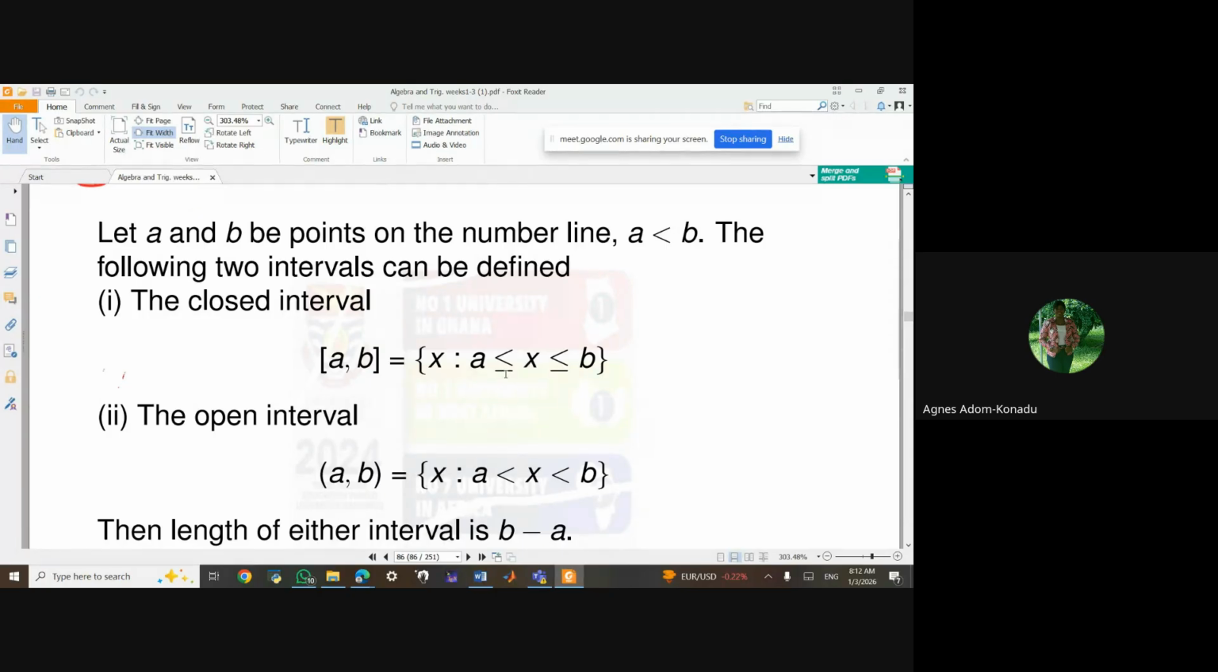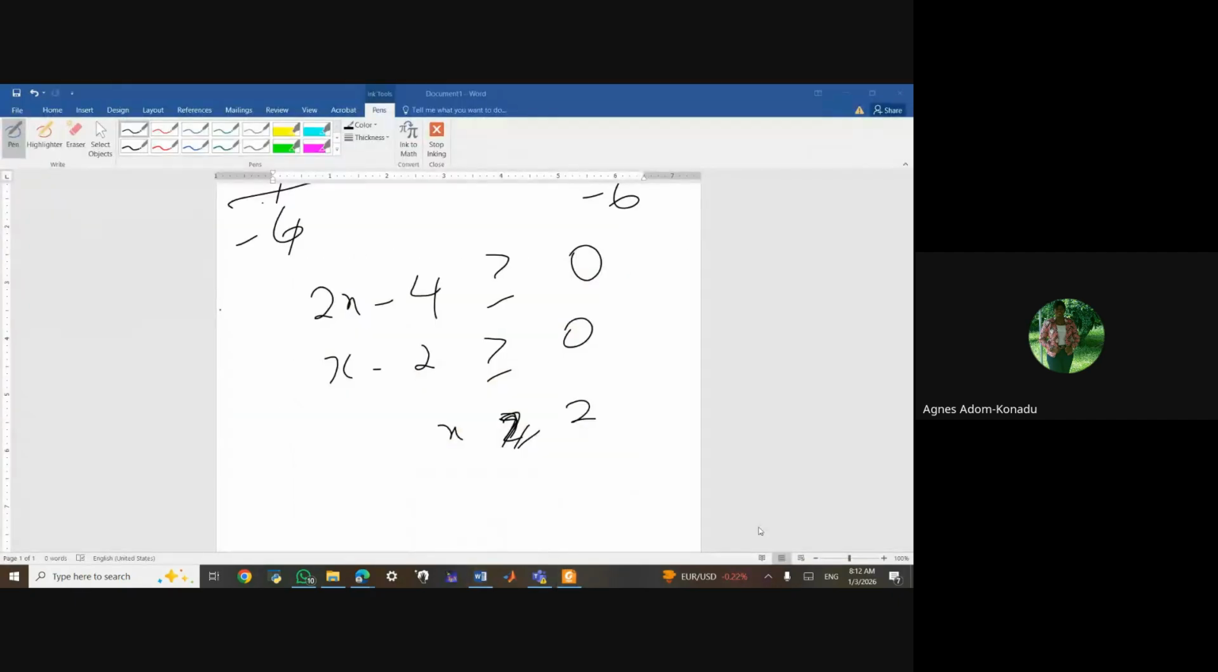x is greater than or equal to A, and then x is less than or equal to B. This means that when I take this interval, my A is part of what I'm looking for. My B is also part of what I'm looking for. And numbers greater than A but less than B are all inclusive. So when I have something like this,